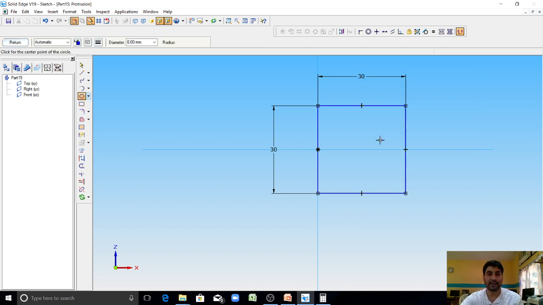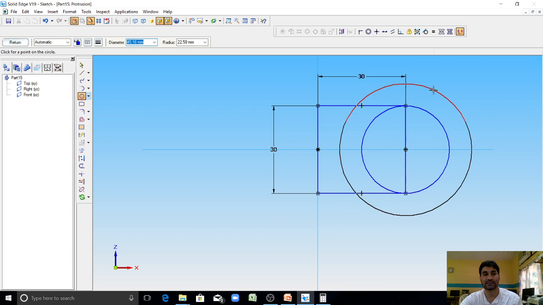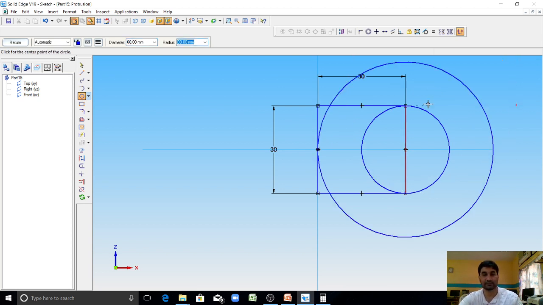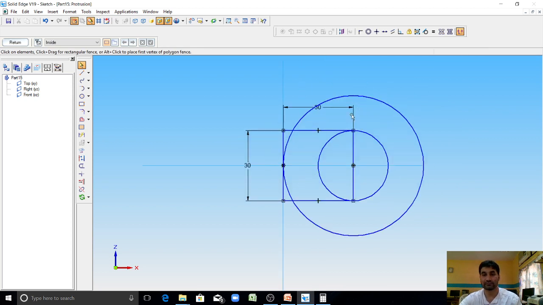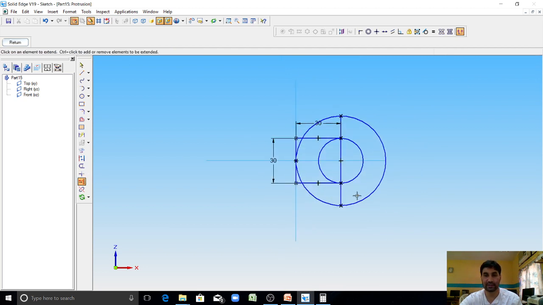Now from this center, draw the two circles of radius 15 and another circle of radius 30. The diameter should be 60. Now using extend option here, extend this line to this circle.